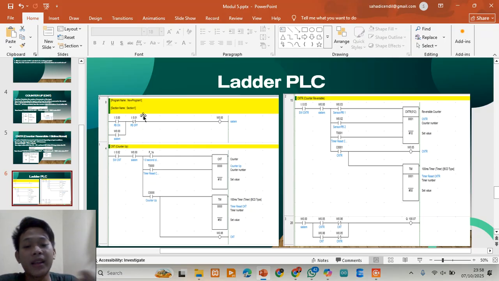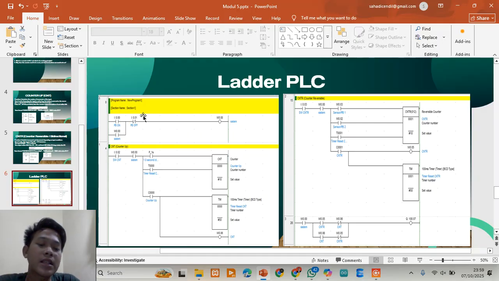When the CV reaches the SV, the corresponding output bit turns on, and the lamp is activated, showing that the set count is achieved.